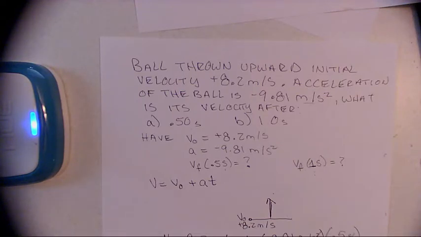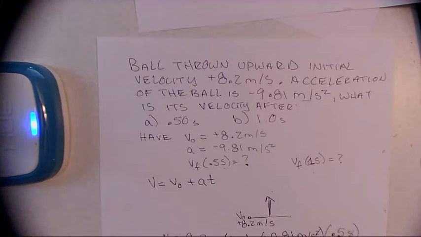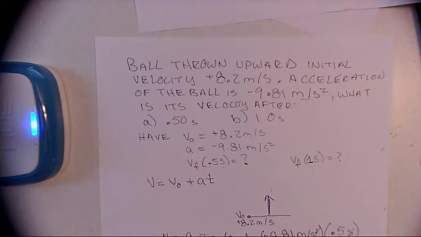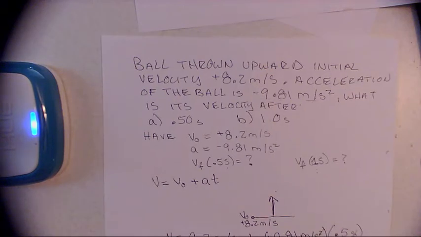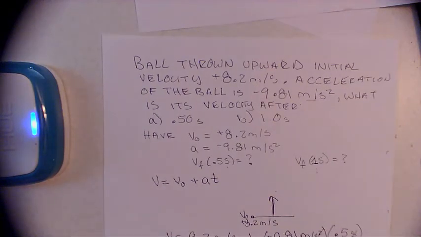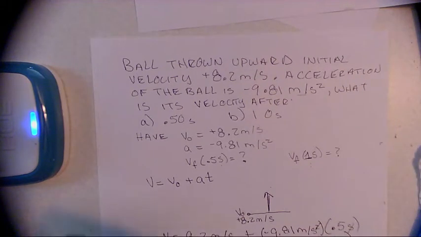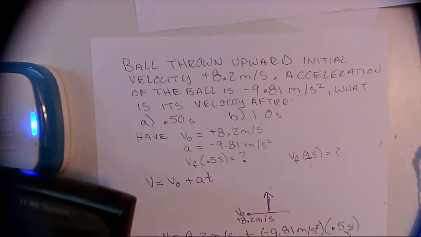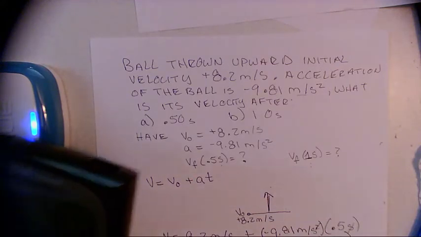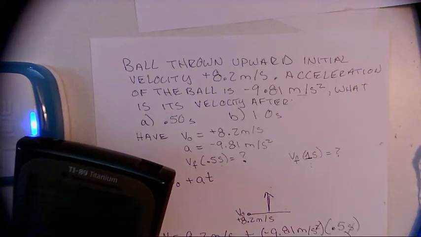What happens at 1 second? Well, we're going to do the same here, except now v equals 8.2 meters per second plus negative 9.81 meters per second squared times 1 second. I'm not going to use the calculator for that one. So what do we get? We get v equals negative 9.81 plus 8.2, and so I don't look silly, 9.81 minus 8.2. I get negative 1.61